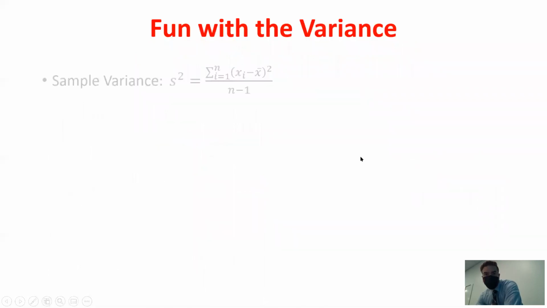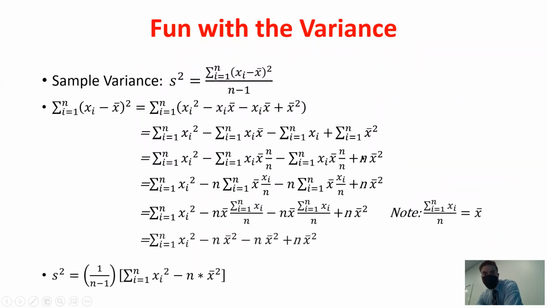So I sometimes waste time on this. I don't know if I'm going to today, just because I want to get through a little bit more. But I told you that this formula here is the same as this one down here. Whenever I tell you something like that, I hate just being like, this is what it is, just take this and use it, which is fine, you can do that. But if you wanted the actual mathematical proof, here it is, right? I can just start manipulating, moving things around. So basically, I take what's in here and I square it. I get now these components, summation signs, and adding and subtracting can be distributed.